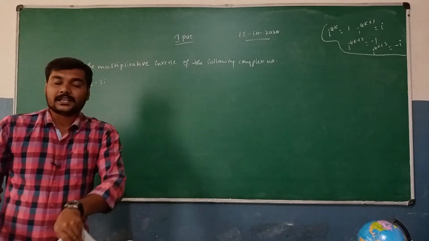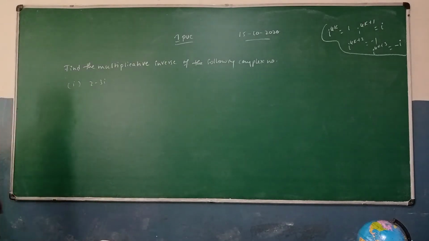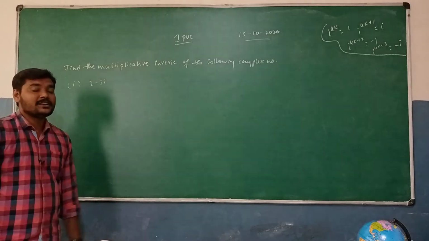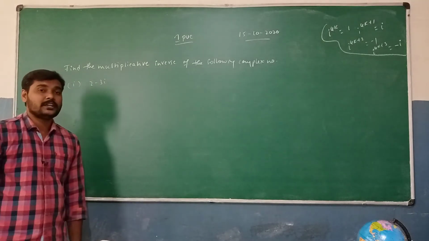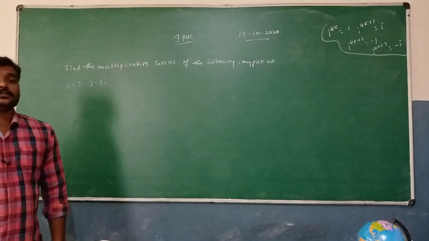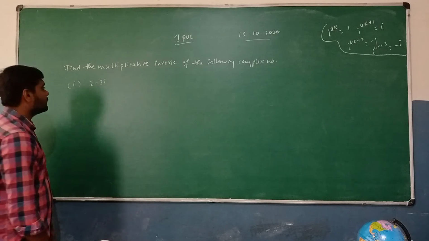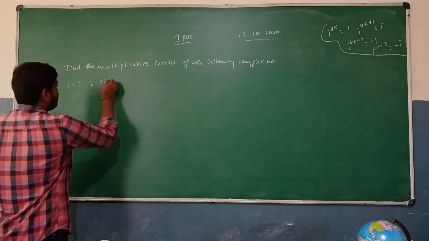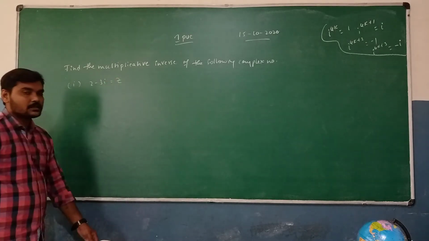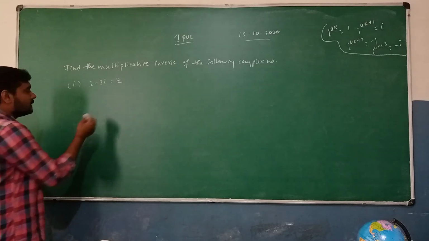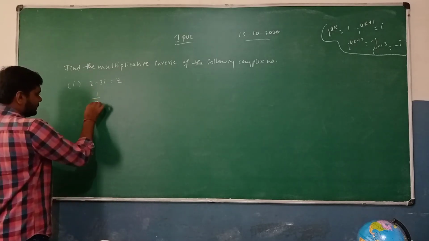So the result obtained again is going to be a complex number, because according to the closure property of complex numbers, if you add between any two complex numbers, or if you multiply between any two complex numbers, the resultant is also going to be a complex number. Okay, so here they have given 2 minus 3i, so we can denote these things by z. z is equal to 2 minus 3i. Then the multiplicative inverse can also be written as 1 divided by z.